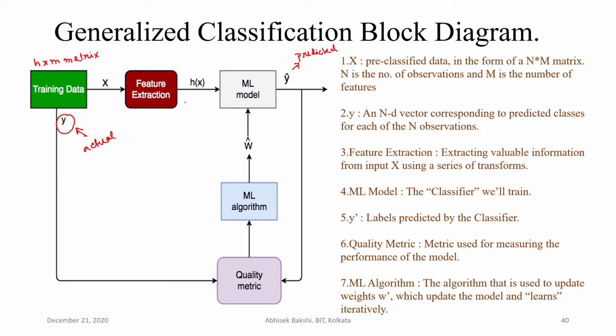Now obviously, in the initial state this ML model is not trained well, so the y hat that it generates may not be the same as what the actual was, right? So that's why this y came here and this y came here. What is this quality metric generating? It is generating the error. This error is actually what lets the ML algorithm adjust the free parameters that I told you about.